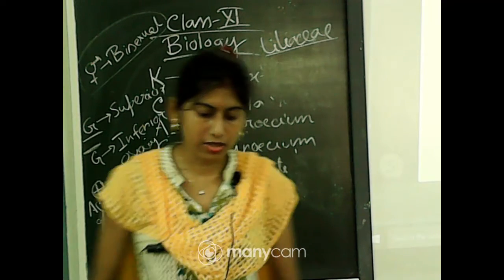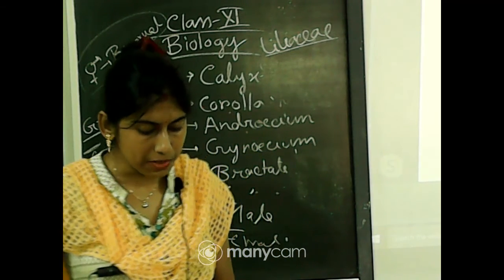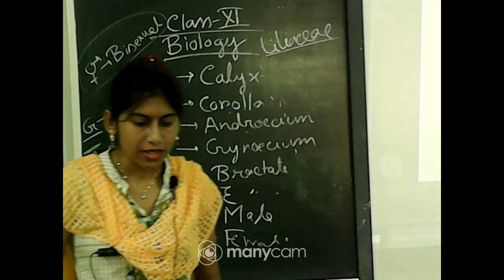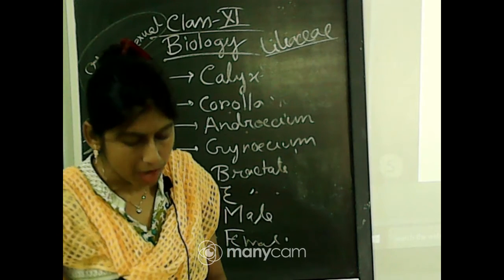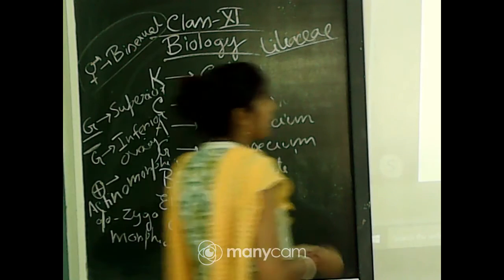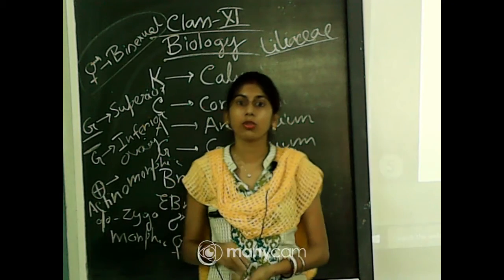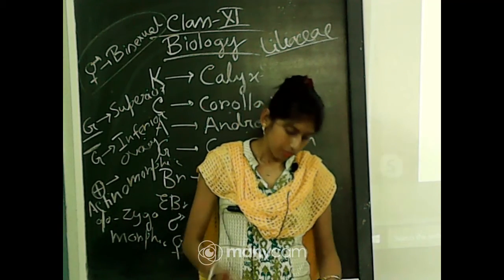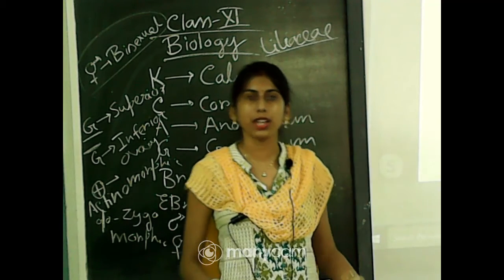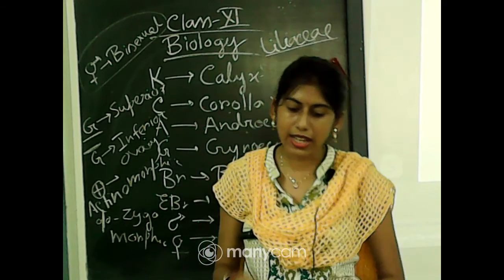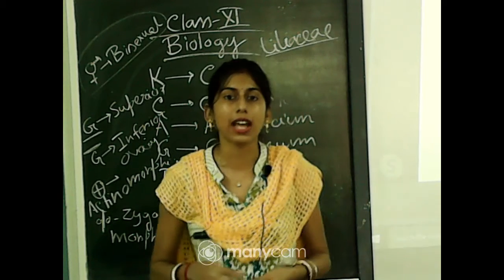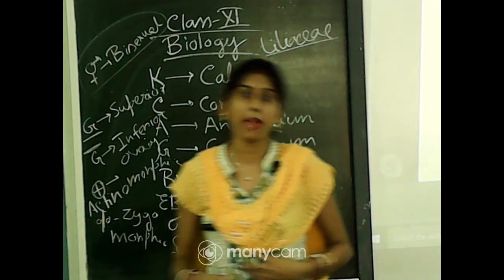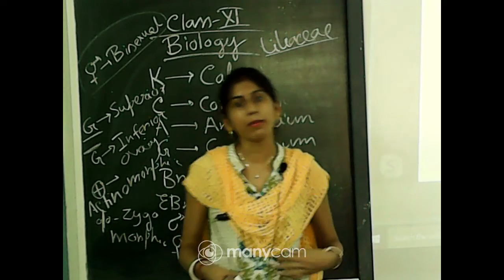Now, I will talk about the vegetative characters of Liliaceae family. They are usually perennial herbs with underground bulbs, corms and rhizomes. What are these structures? Bulbs, corms or rhizomes are different modified parts of stem. Okay, so in that case this type of modification can be found, and it is perennial, that means it can live for many years. Plants which can live for many years are called perennial plants.